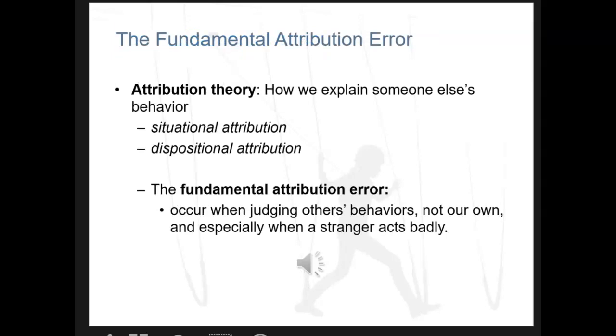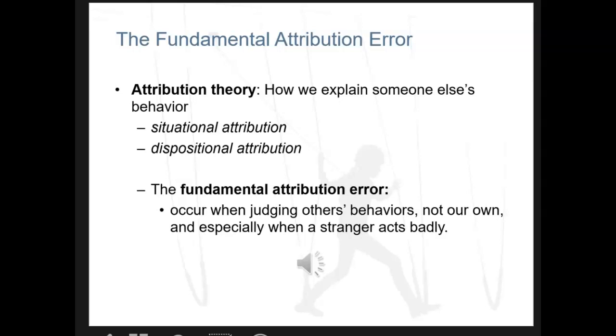Attribution theory is fun because we all do attributions all the time. We try to explain other people's behavior. We see someone doing something and we're like, why are they doing that? So we are making attributions all day long. There are two types of attributions that we make, situational and dispositional. Situational attribution, sometimes called external attribution, is when we look at the person's environment and we use their environment to